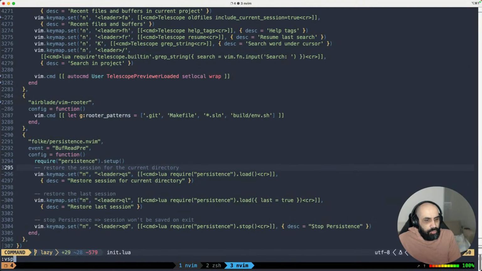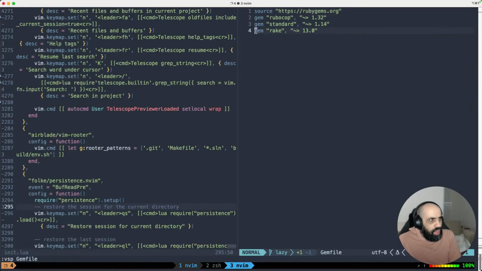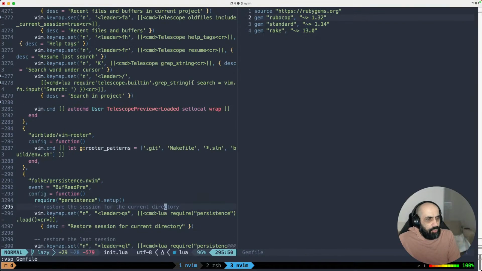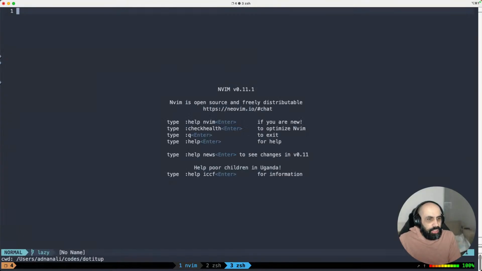maybe I split my screen and I open up a different file. Let's say I open up this gem file. Right, so I have this gem file and I have my init.lua. And let's say I do a QA, which quits all the windows. I come back into my project, which is this. If I now press leader QS,